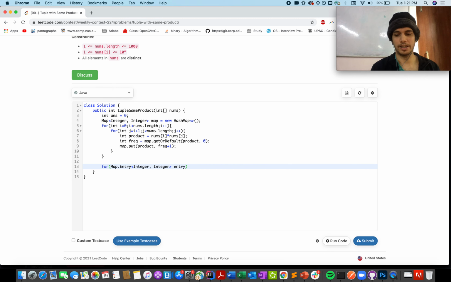Entry in map.entrySet. So this method gives us the complete entry set over the map, and let's get the frequency for the current entry, get value, and once we have that information, let's update the answer with the current count that can be generated.